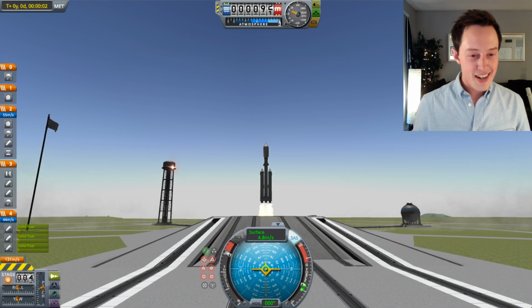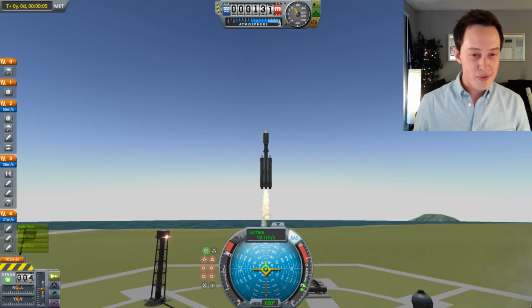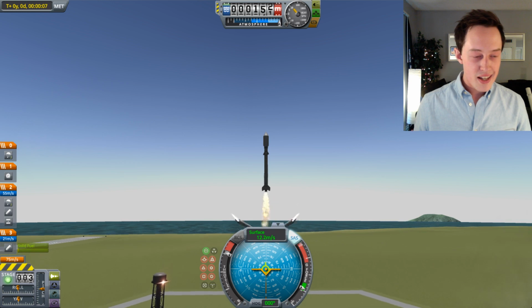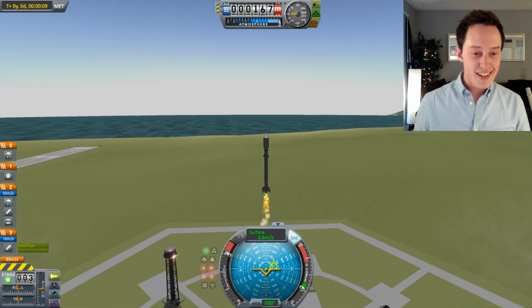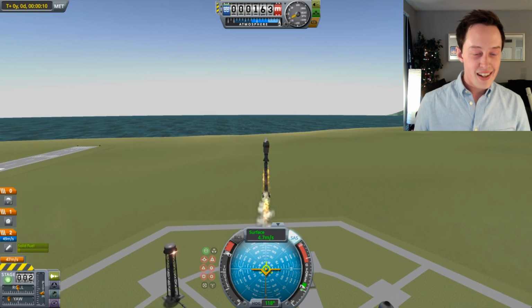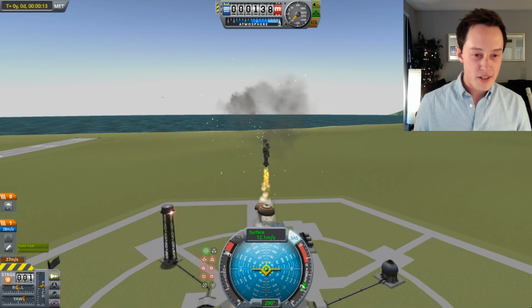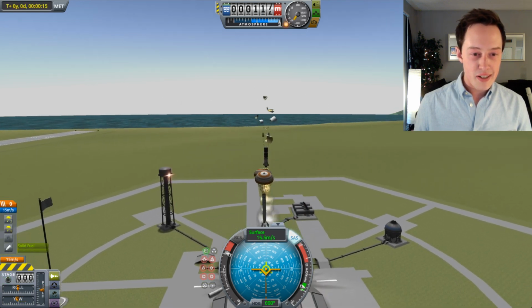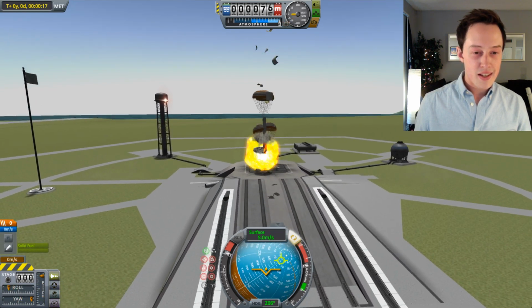Center core. And side boosters. And center core. Uh-oh. We do not have sufficient thrust. Shoots out. Well,